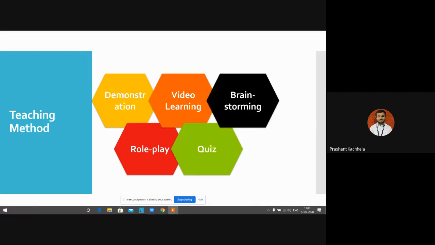Brainstorming will also happen, because I'll give you some interesting questions, and you have to think and give me the appropriate reason regarding what is the correct way of doing things. So we'll do lots of brainstorming. As I told you, we'll learn from case studies, from hypothetical situations or from real life incidents. So those case studies will be part of our module 2.